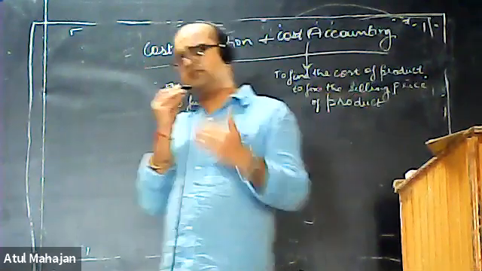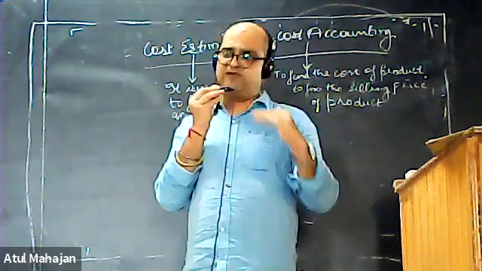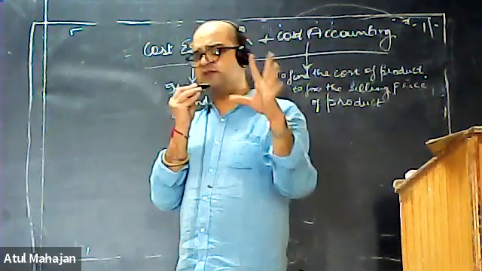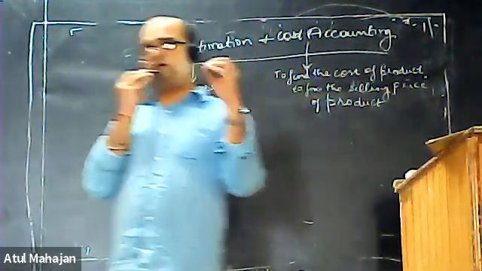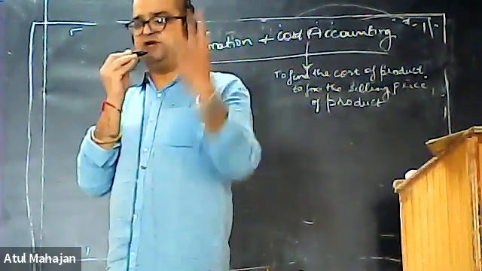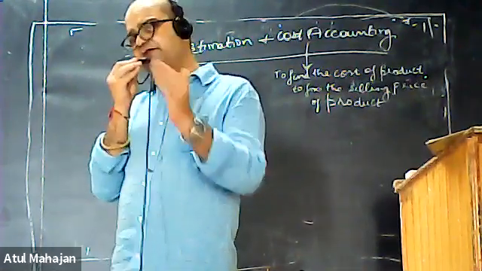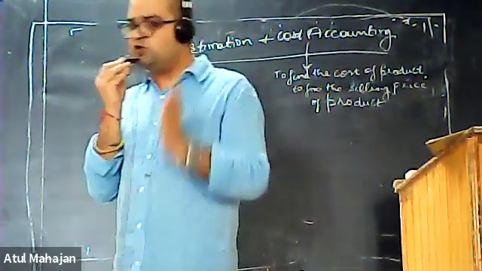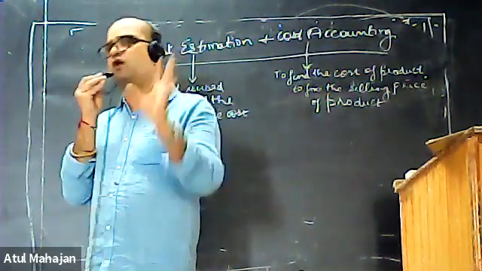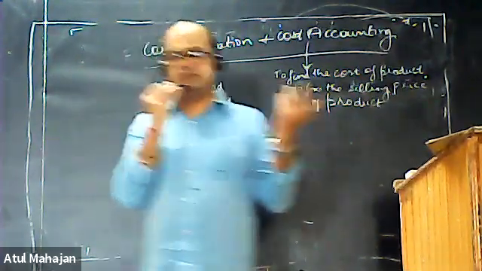So we make the estimation for each and every step first: this is the amount we're going to put on lighting, this is the amount we're going to spend on gifts for the people who are coming to our function, and this amount we're going to spend on the catering people. So we make the estimate for each bifurcated item, and then we make a total estimated cost, that this function of 100 people will cost me approximately rupees 2 lakhs. Let us suppose something. It is 2 lakhs.